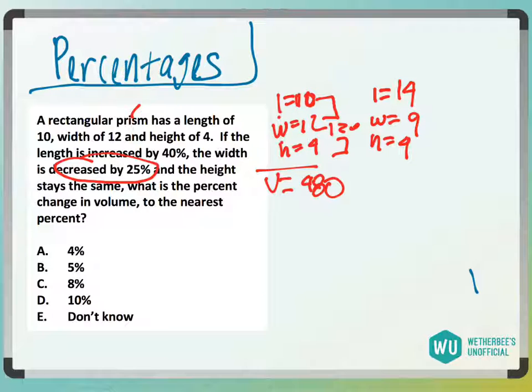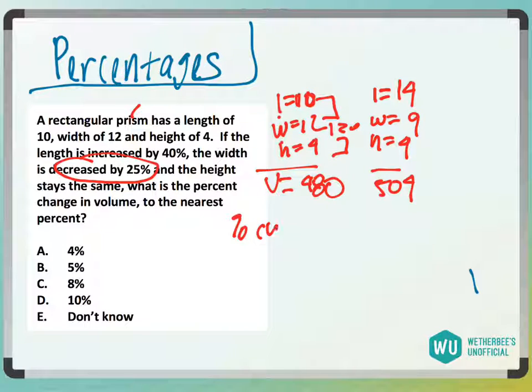Now we need to find the volume of the new box, which would be 14 times 9 times 4, which is 504. Now, when they ask what is the percent change in volume to the nearest percent,